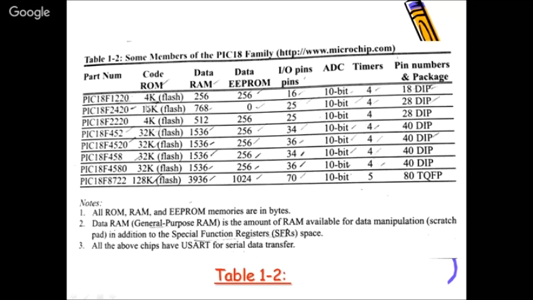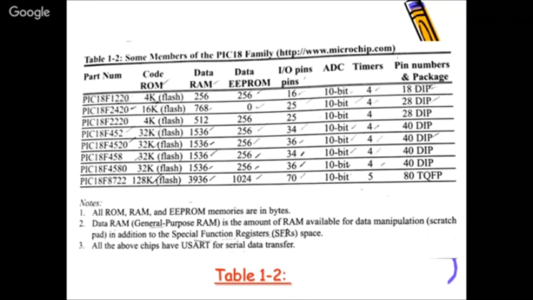इस फैमिली में आप देखोगे कि सम ऑफ द PIC 18, ये जो 18 की फैमिली है, कोड 4K से लेकर 128K वेरी होता है। हाईएस्ट PIC 1887 वाले में है, और रैम 256 बाइट मिनिमम है, वहां से लेके 4K तक जाएगा। और जो डेटा रैम दिखा रहा है यहाँ पर, दिस इज एक्चुअली GPR। SFR इसके अंदर है ही है। डेटा E square PROM कुछ में नहीं है और कुछ में है, ये एडिशनल चीज है, बट ऑलमोस्ट सभी में 256 तो है ही है। सो दीज आर द वेरी पावरफुल फीचर्स ऑफ PIC जो दूसरे में आपको मिलेगा नहीं।